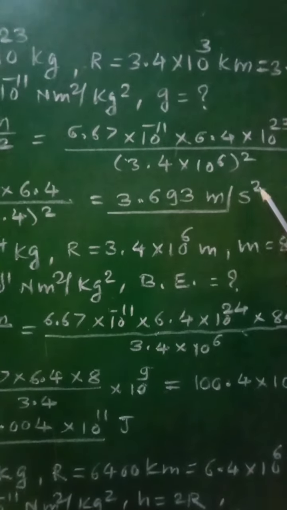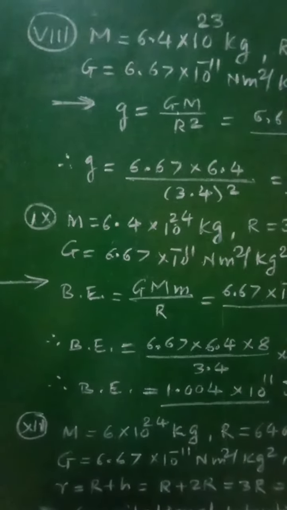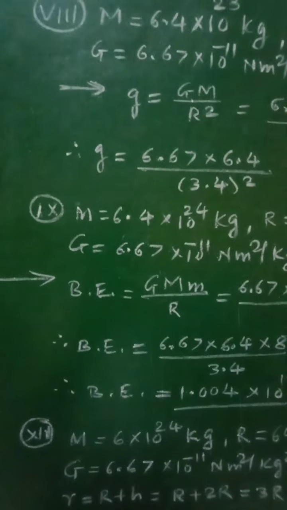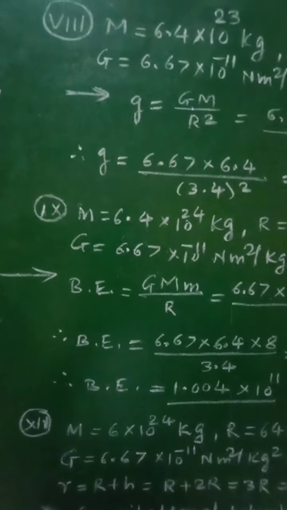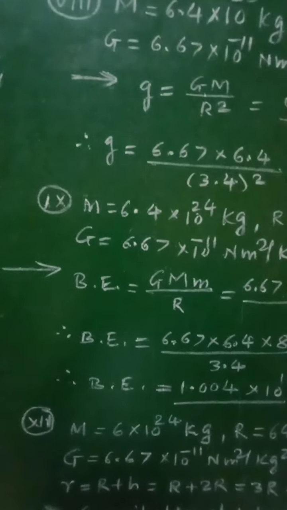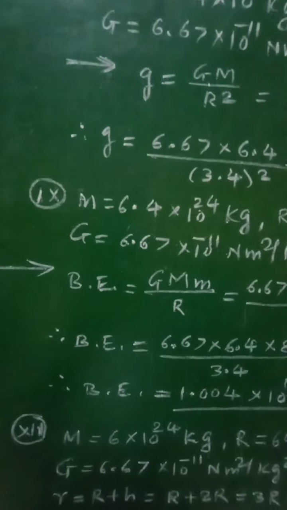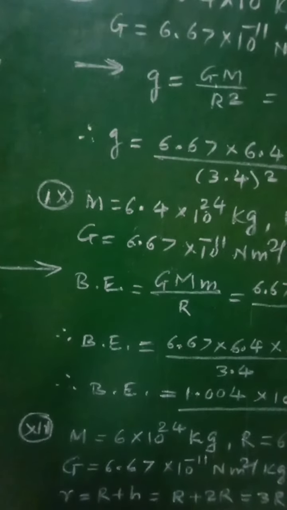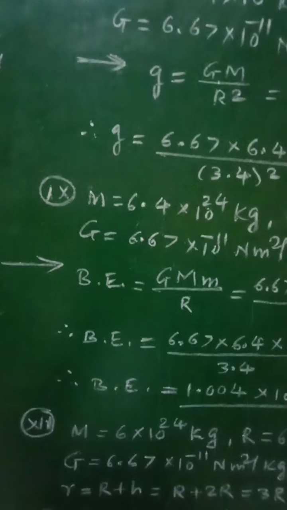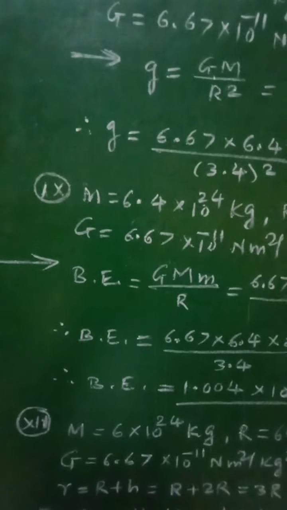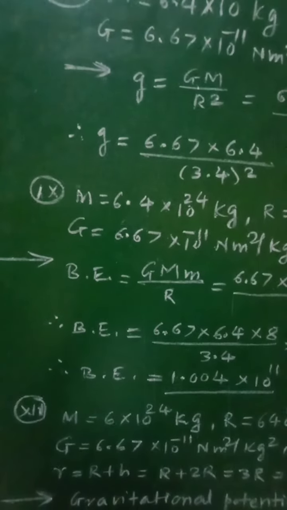meter per second square. Then we will go for numerical number 9, which is stated as: a planet has mass 6.4 into 10 raised to 24 kilogram and radius 3.4 into 10 raised to 6 meter. Then calculate the energy required to remove an object of mass 800 kilogram from the surface of the planet to